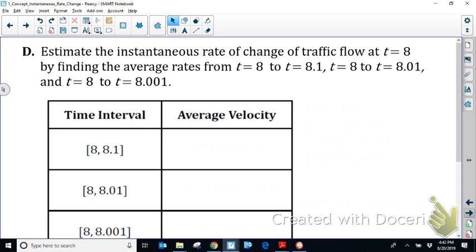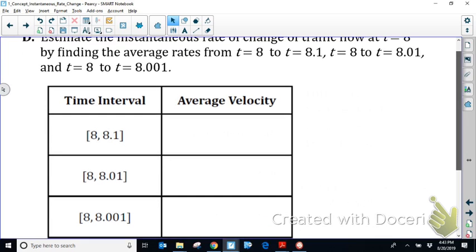The difference being that for average rate of change, we can find it between any 2 points, regardless of the time interval between. However, for instantaneous rate of change, we want to have the time interval that's going to be extremely small, something that's very small, close to, approaching 0. So on our table, it is asking us to evaluate it for the particular values of 8.1, 8.01, and so